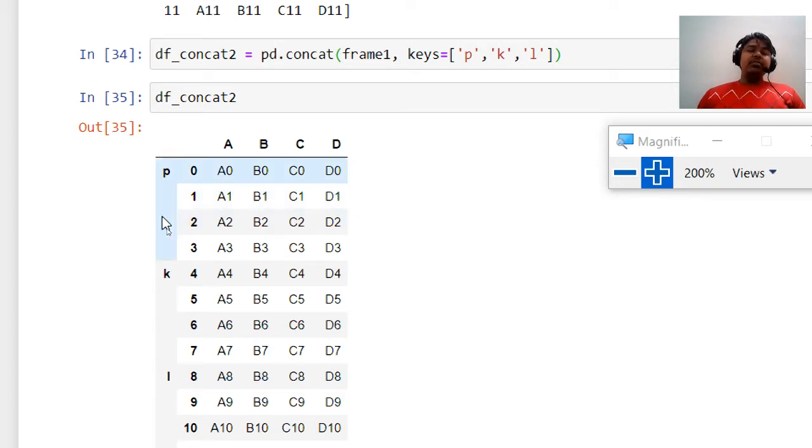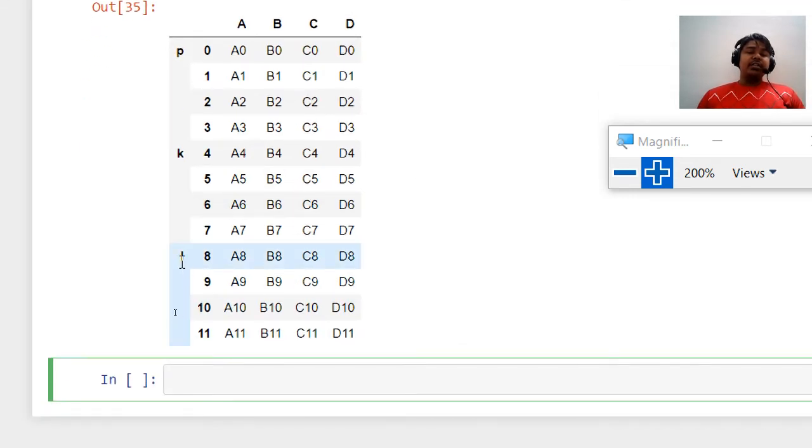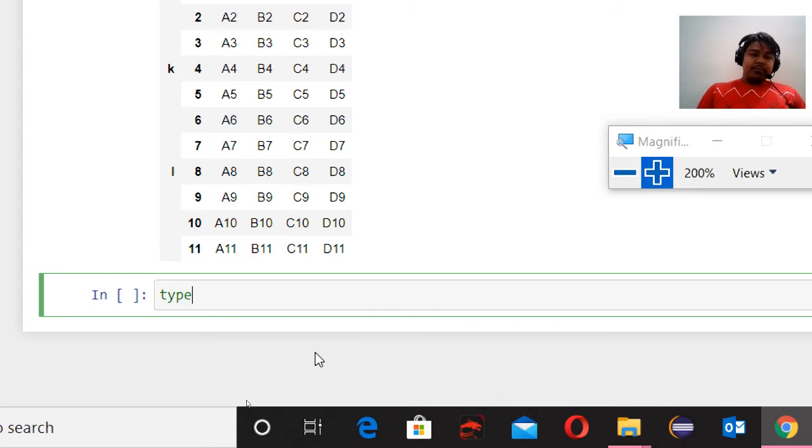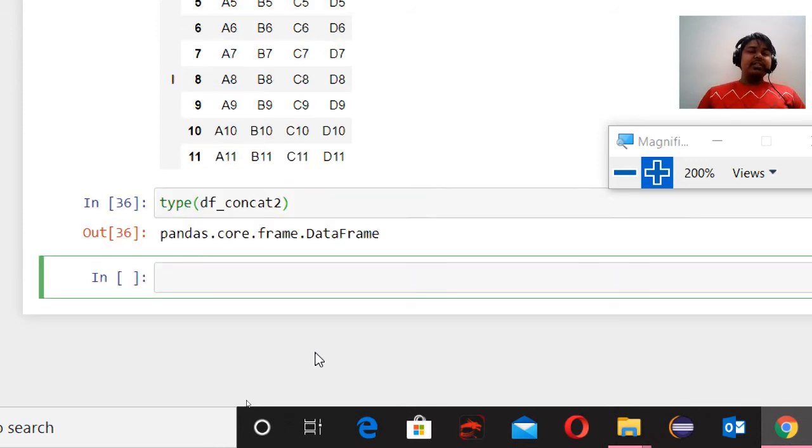But you will see one extra thing: the first data frame has the key p, the second data frame has the key k, and the third data frame has the key l. As this is a data frame, we'll check the type of df_concat2, and it is a data frame.